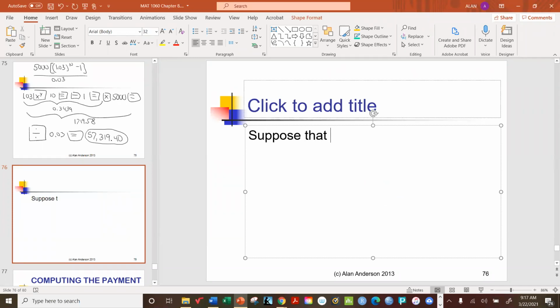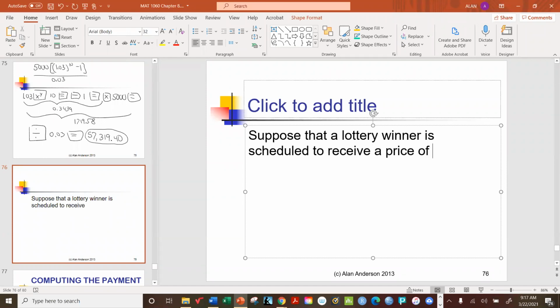Suppose that a lottery winner is scheduled to receive a prize of, in fact, why don't we look at the one we had before? 100,000 per year